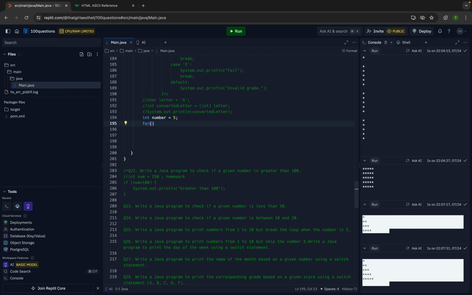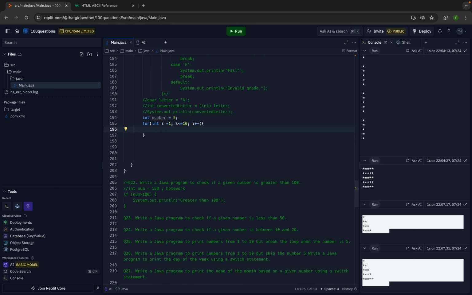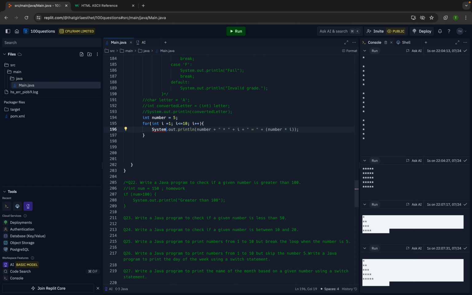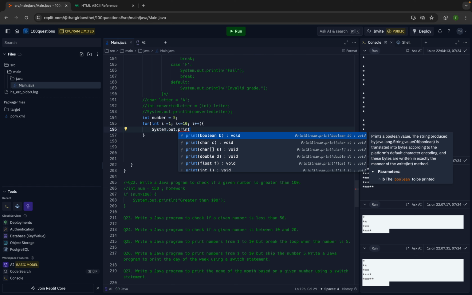For the first, we do 5 into 1, right? So int i is equal to 1, then i is less than or equal to 10. Now if I print i here, then I'll get 1 2 3 4 5 6, but I don't want to print that, right? What do I want to print instead? This is very easy, guys, so just focus for a minute. What do I want to print instead? System dot, don't focus on the code that's coming, focus on what I'm saying, okay? Print ln,